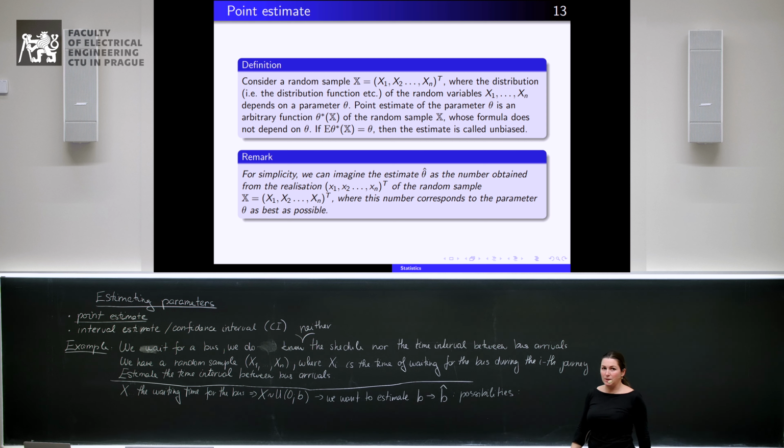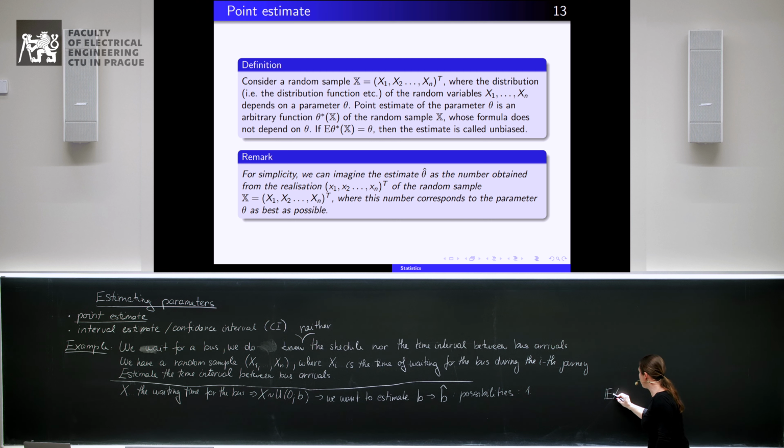We have many possibilities because, in general, the point estimate is an arbitrary function on the random sample. But of course, because we want the estimate to be unbiased, it means that in expected value it will be equal to the real parameter, so we must think a little about the way we estimate it. So we know that for